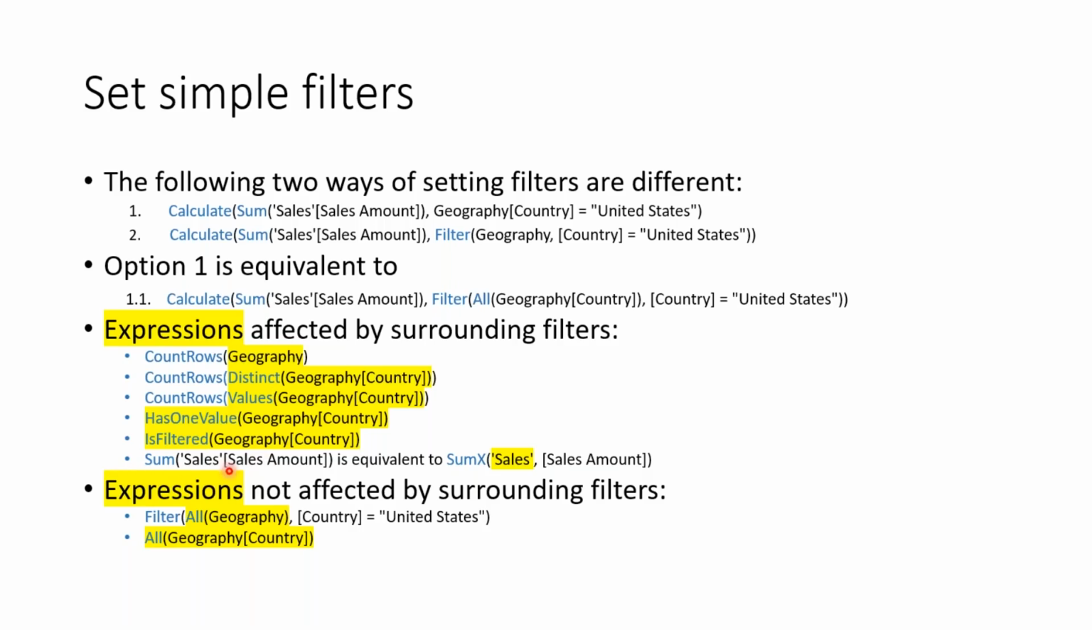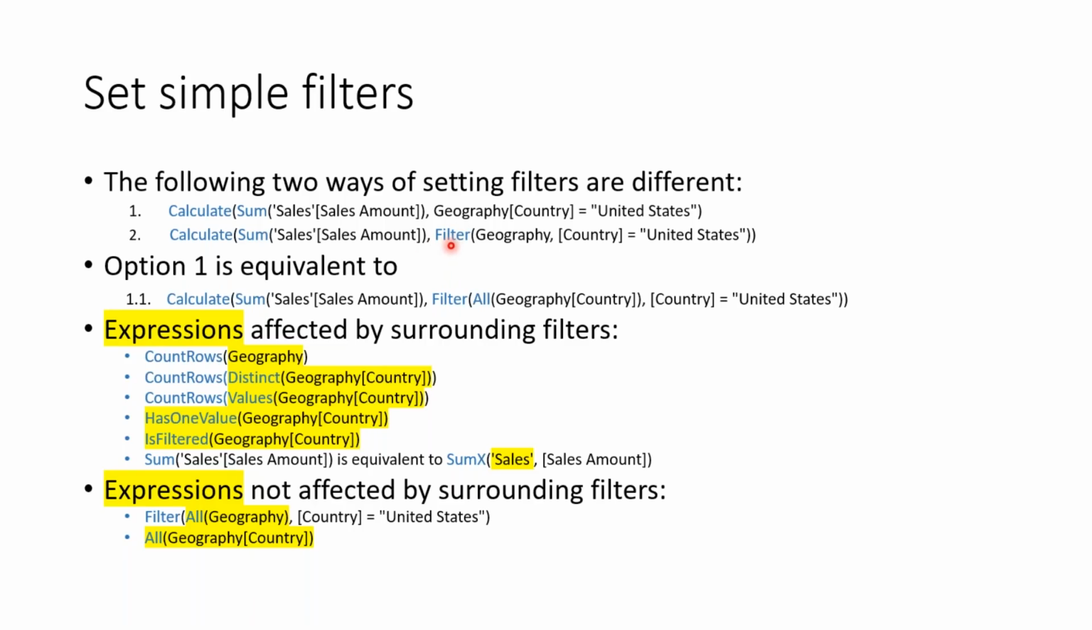That's why if your measure expression is simply sum of sales amount, then it will return the filtered sum of sales amount. That is exactly because every direct table name in a DAX expression actually means a filtered table. So for this reason,